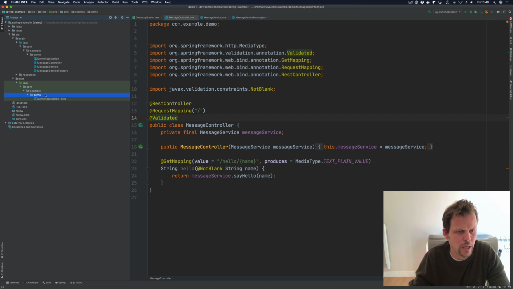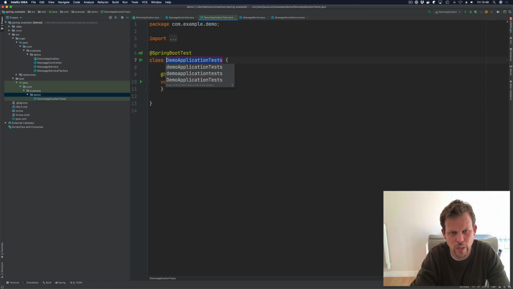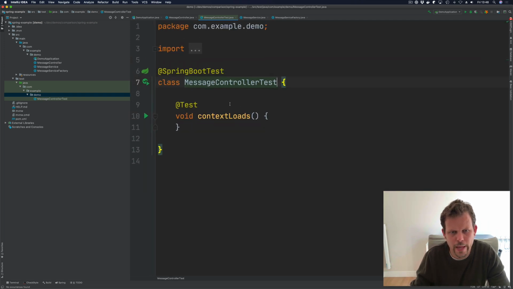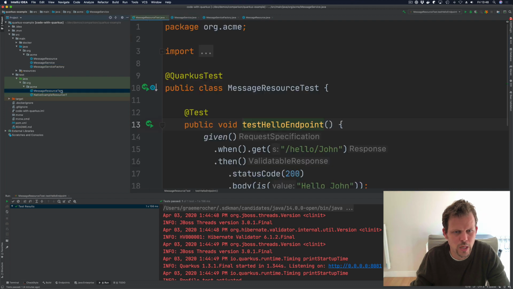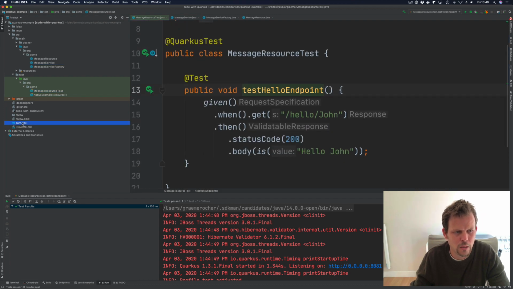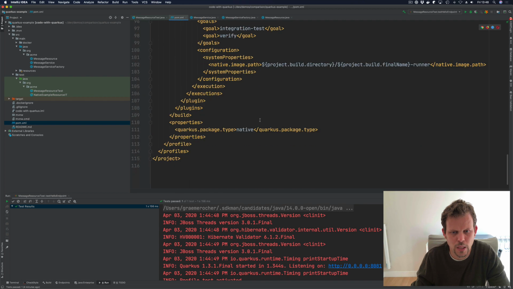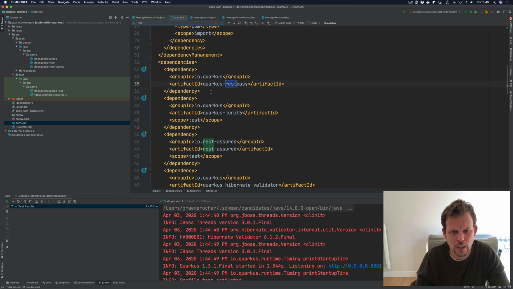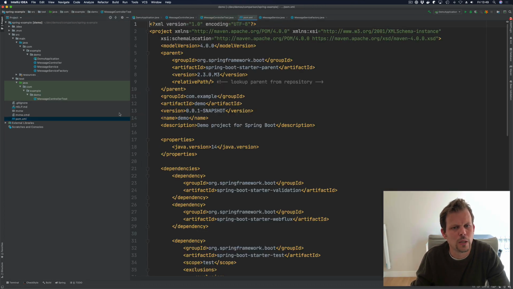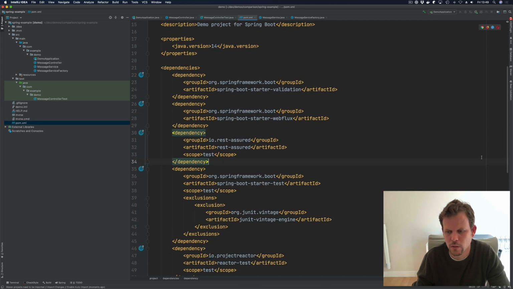Okay, so let's now run a test, and we have a test here already produced. Let's just rename it to something useful, and it's a Spring Boot test, and we're going to test the message. Now, I'm sure there's a whole bunch of different ways to test Spring apps, but for time purposes, we're going to replicate the RestAssured way of testing. We're going to copy the dependency for RestAssured, which Spring also supports, and we are going to stick